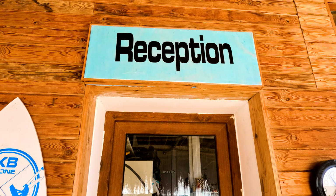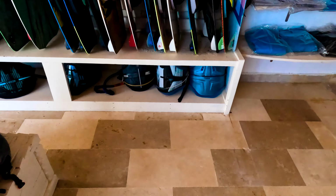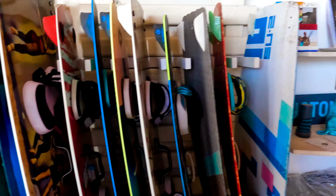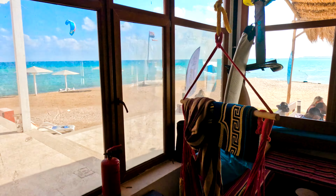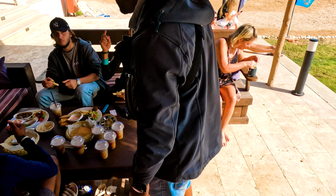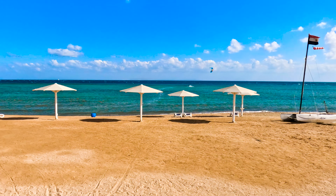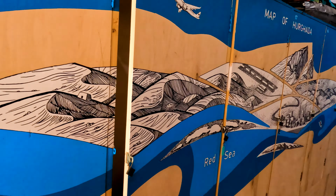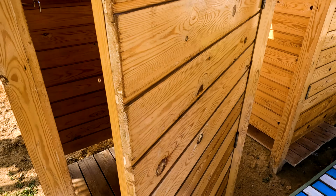This is the reception. All kinds of kite gear, quiver, from advanced boards to beginner boards. So you have a variety of options. The place has CCTV, new bars, different line length. Outside you can book from the restaurant and you have your meals, lapas outside, and nice chilling area. They've also got a pump to pump up your kites, storerooms for your package, which is also protected with CCTV and gets locked up every night. Have showers, changing rooms,